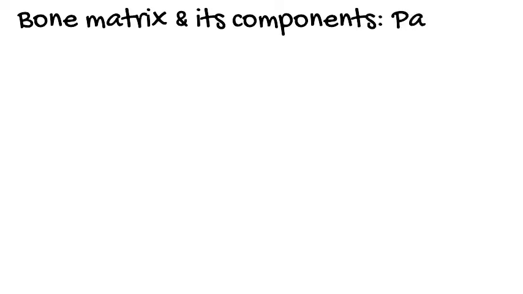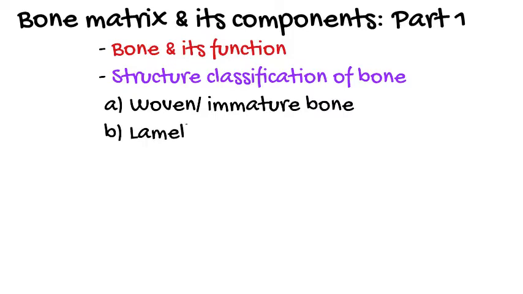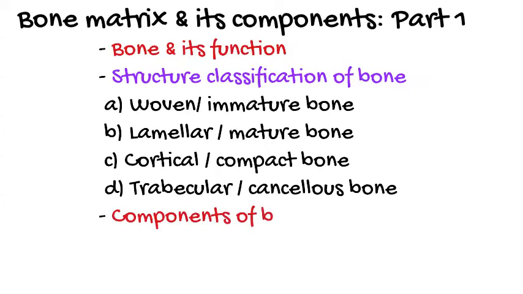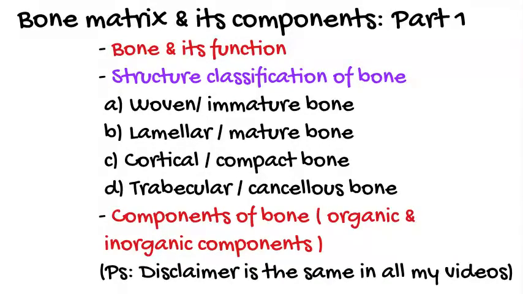Today I am going to talk about bone matrix and its components, part 1 video. In this video, I will cover bone and bone function, and the structural classification of bone, that involves woven or immature bone, lamellar or mature bone, the cortical or compact bone, and lastly, trabecular or cancellous bone. In another part of the video, I will cover the components of the bone, which involve the organic and inorganic